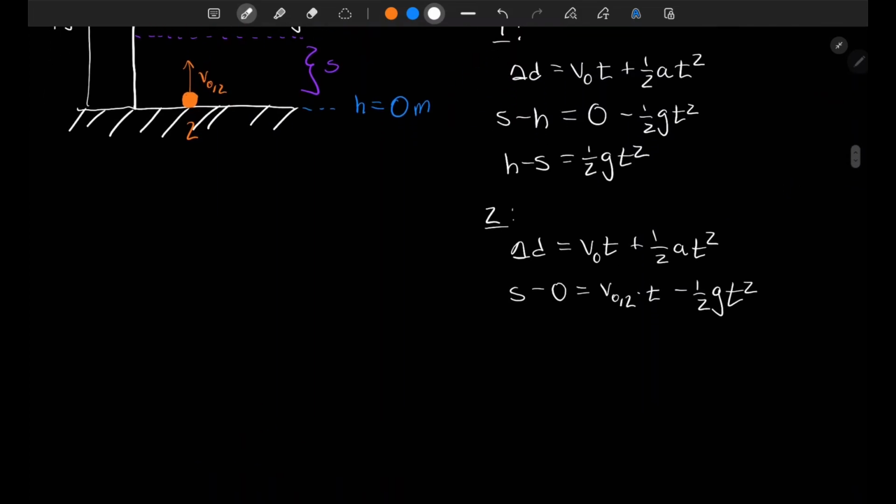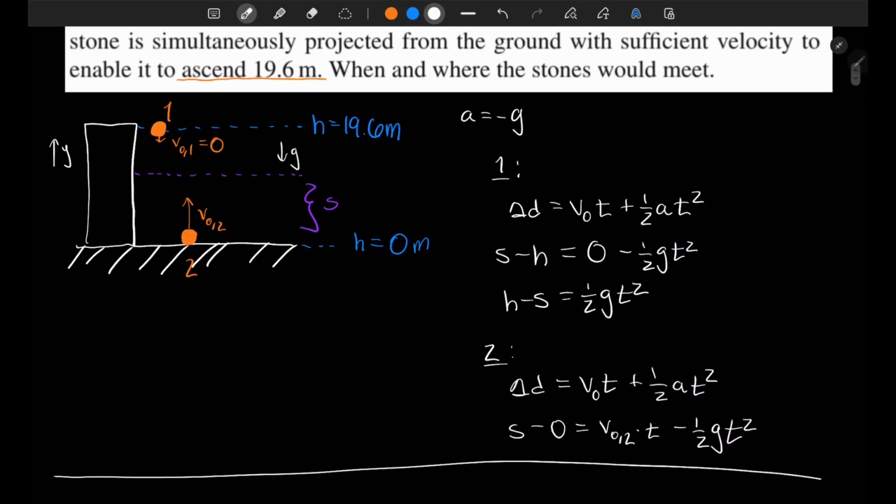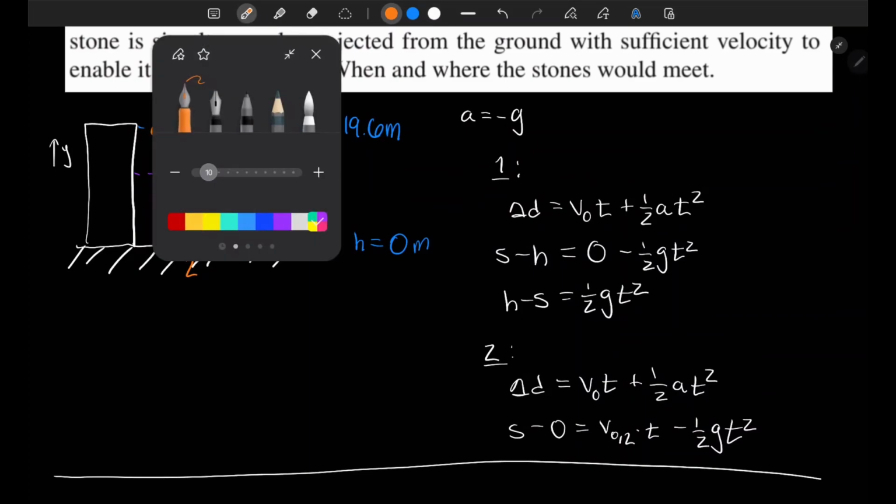Okay. Now, we can proceed to calculate this v naught 2. To do that, we notice that this ball 2, if I drew its